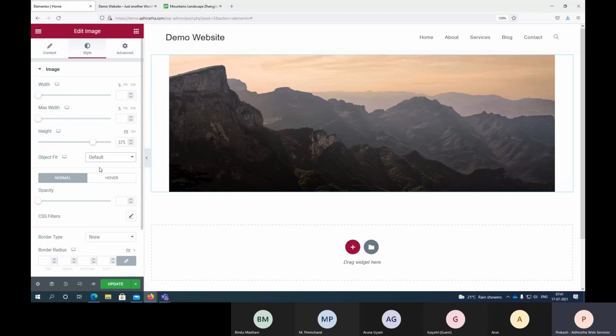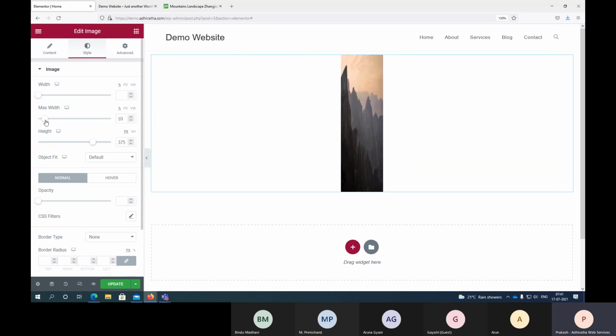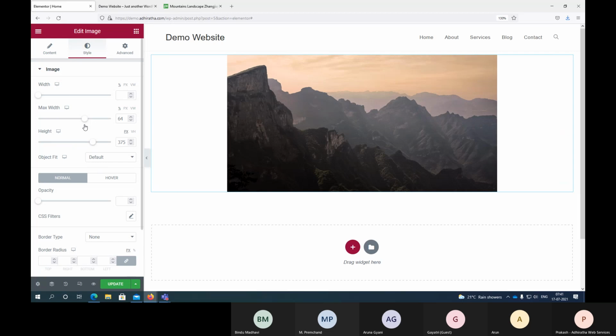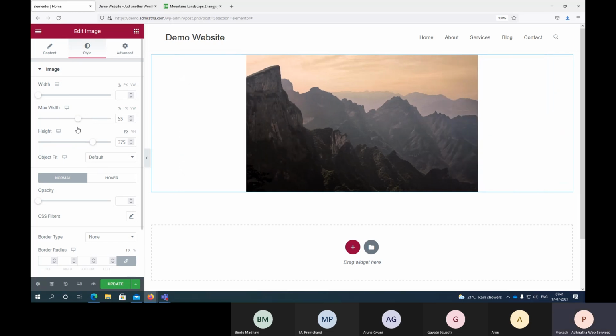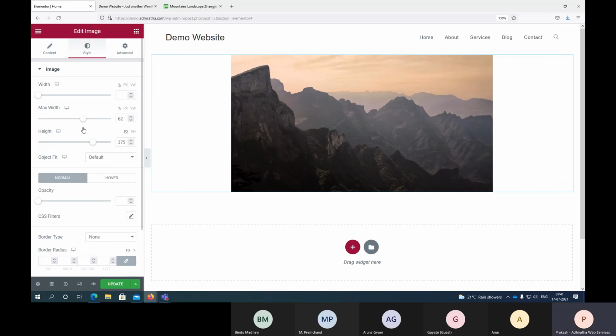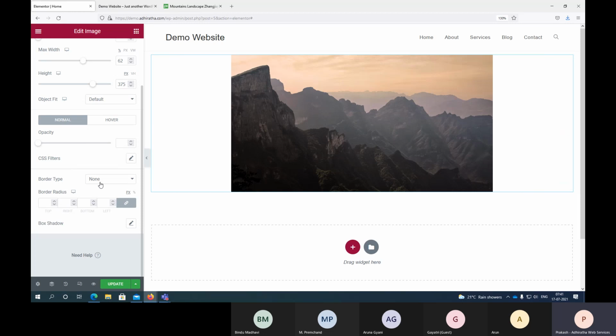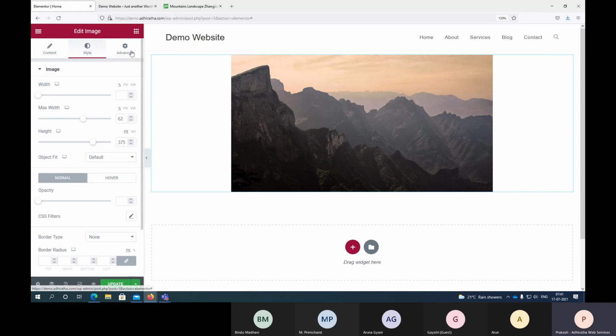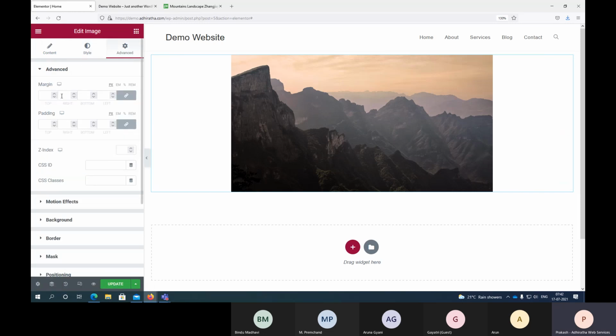Like this. So let us keep that in default. Like this we can do. So maximum width, what you want, all these changes you can do here. Border type, how you want, these things. Now, if you go to advanced, you have padding as well. Padding means how much space you want to be covered from all the angles. Those also you can do, right?